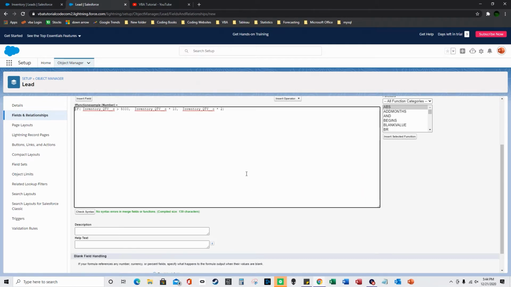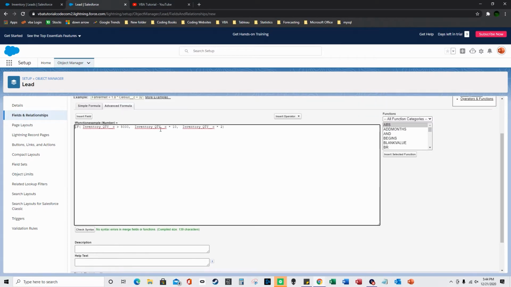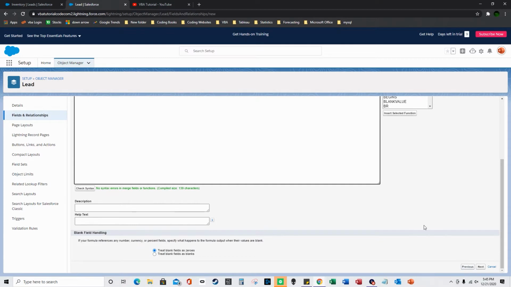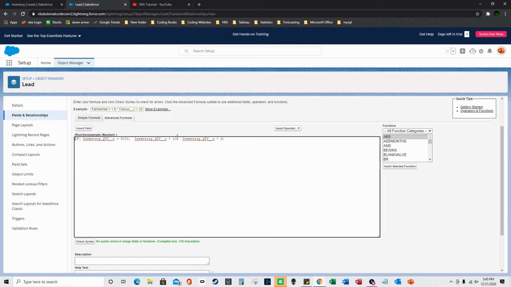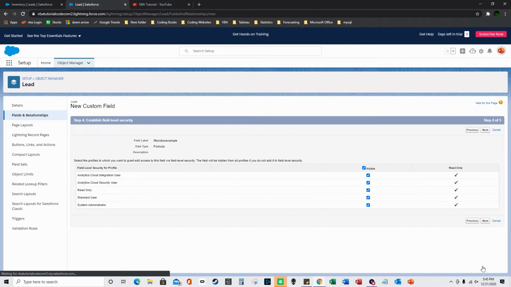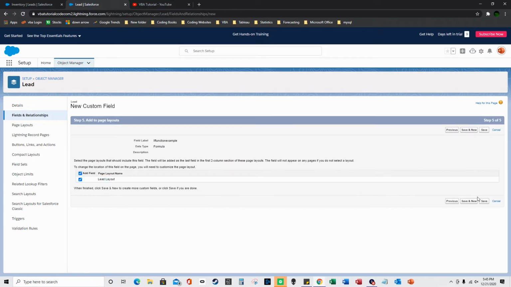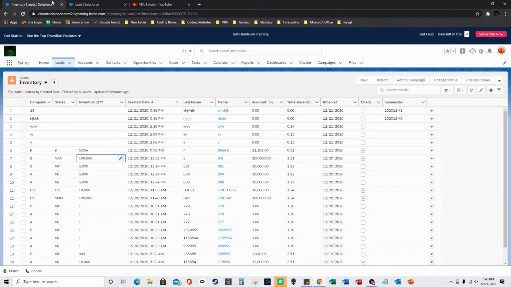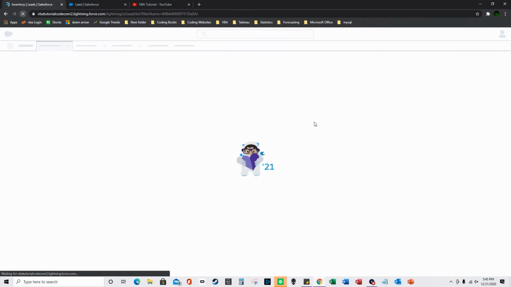I guess you can't do multiplication with decimal points. So I'm going to multiply by 10 if it's greater than 5,000, multiply by 2 if it's not greater than 5,000. So if it's greater than 5,000, it'll become massive, and if it's less than 5,000, I'm actually going to divide it by 2. It'll become smaller if it's not greater than 5,000. Press next, save, and go to the leads page, refresh,